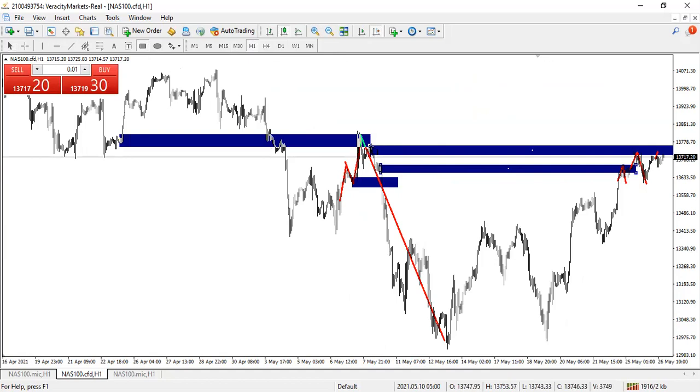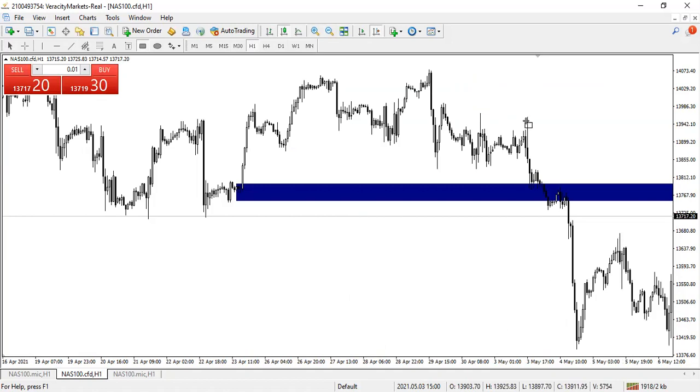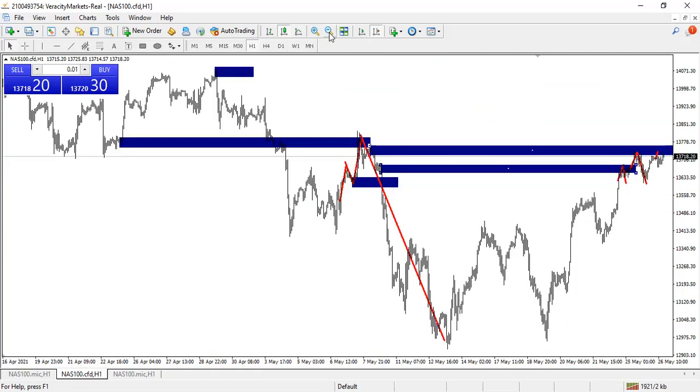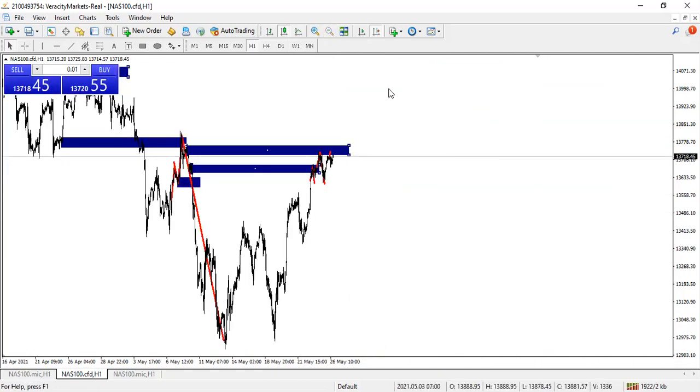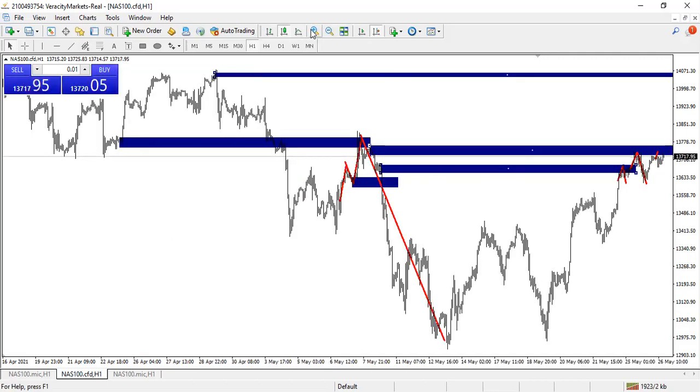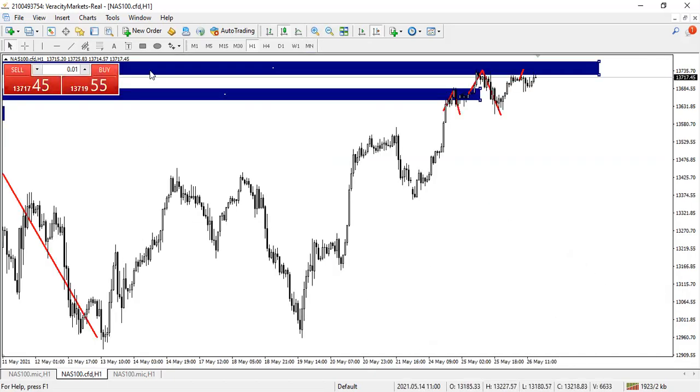A low, which is broken. I have, okay, this candle is not big. I have this one, which is big. So it's going to take a lot of time for Nasdaq to come there. So now I can expect Nasdaq maybe to do something like this, something like this, and continue up. Or